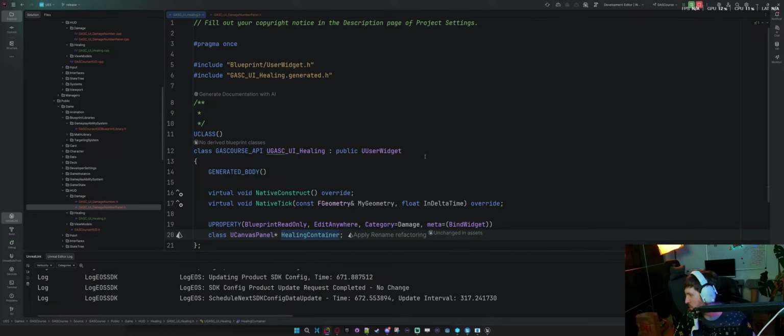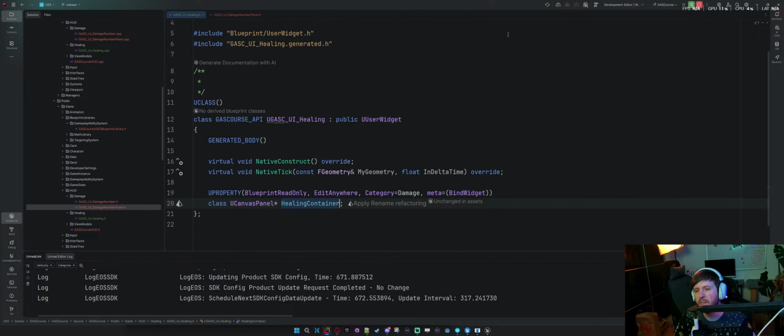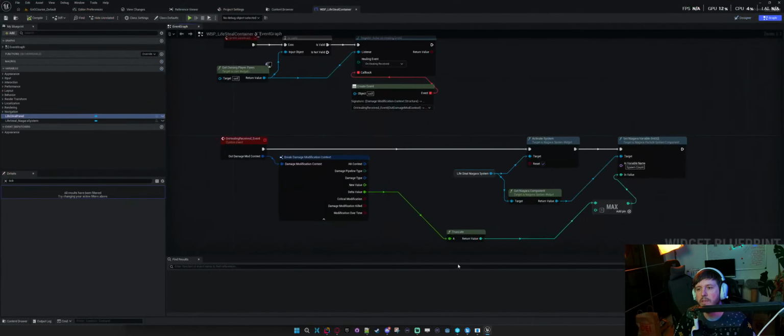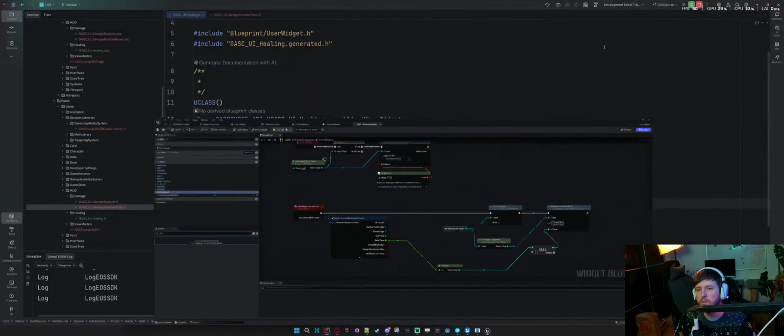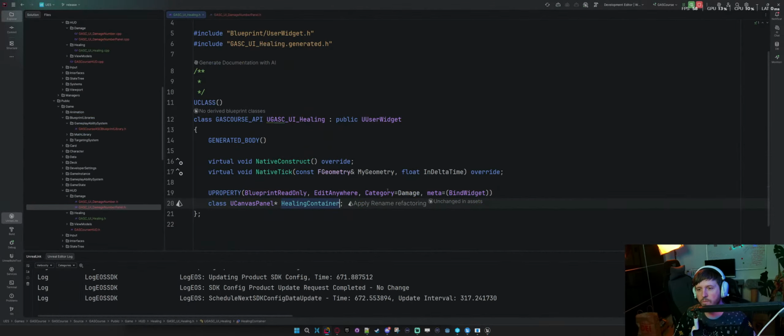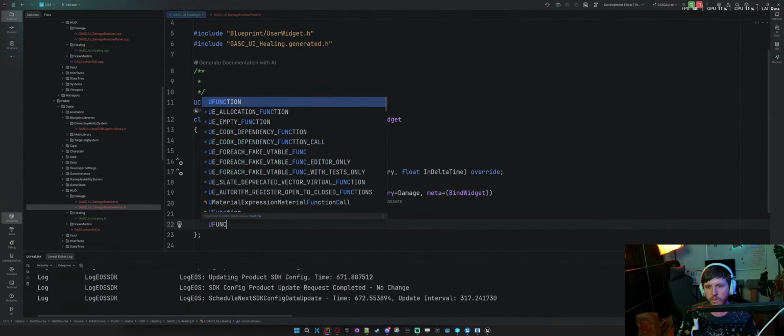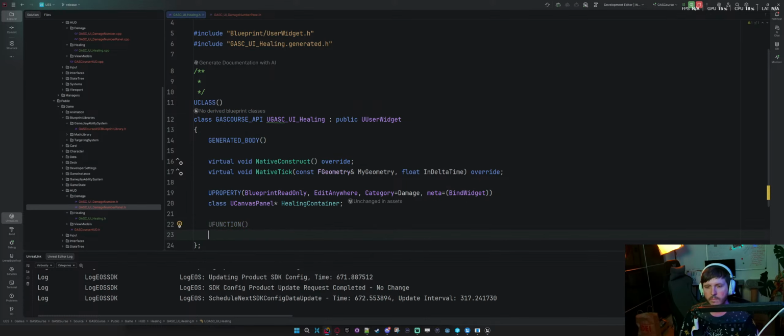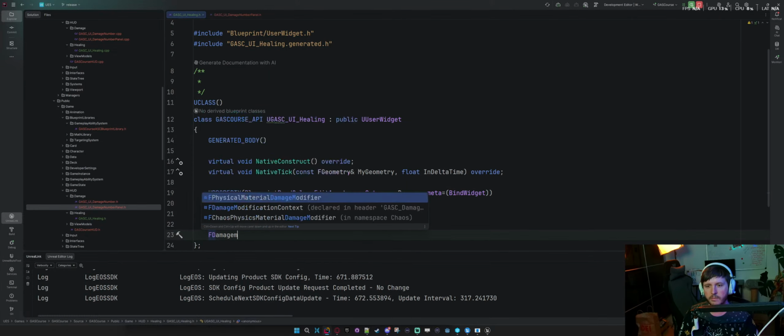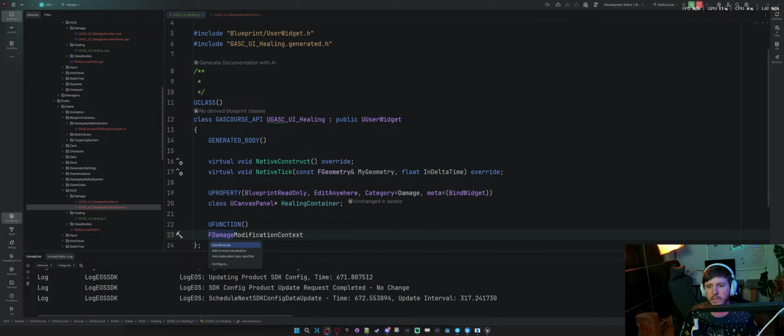So if you remember, what we're also aiming for is 140 microseconds, I believe, was what we're looking at. So everything being in Blueprint. So now we need to have a function without damage mod context. So we need to do, so you function, F damage modification context.